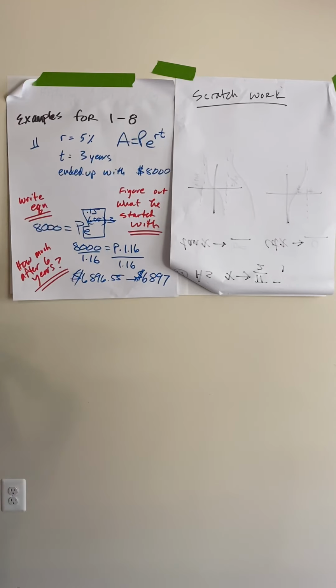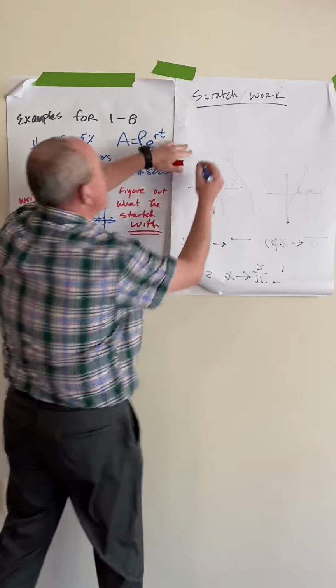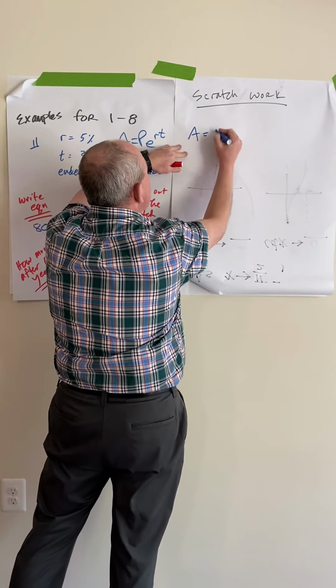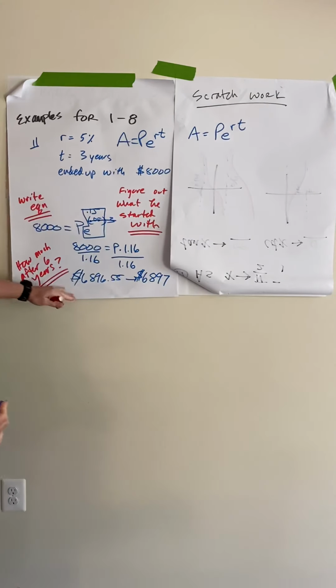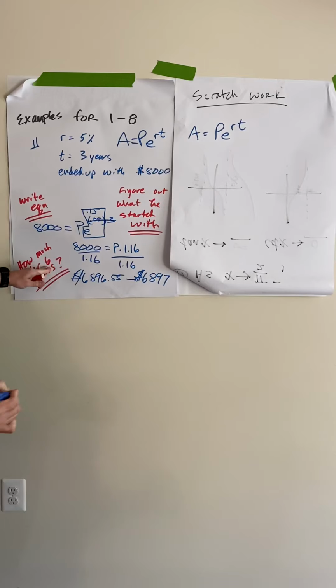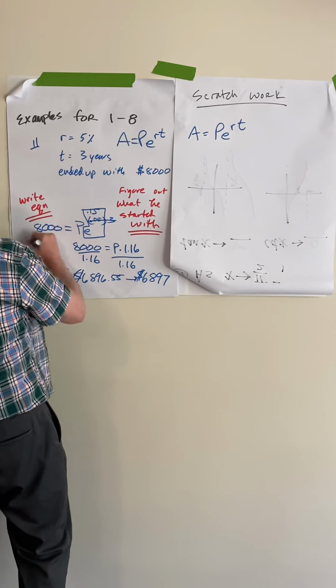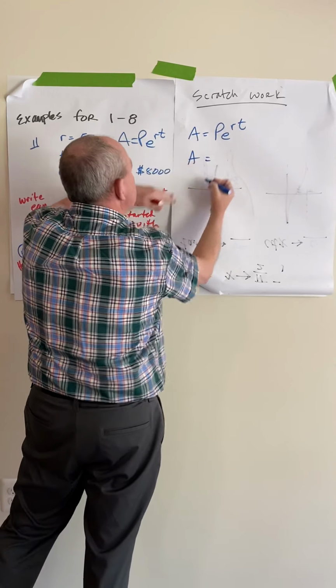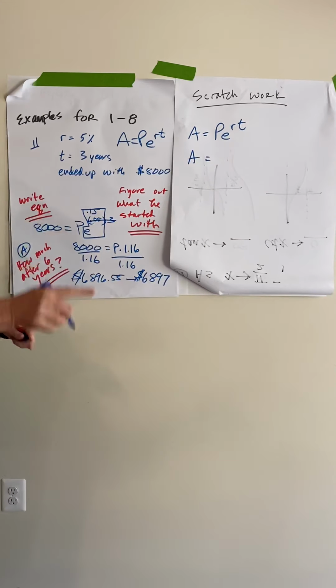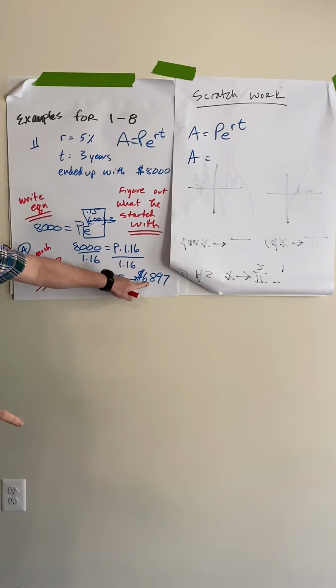Well, I'm going to go back to my original equation, which is A equals Pe to the rt. So how much after 6 years? That would be A. That's the unknown. So when we say A, I don't know what that is. But now I know the principal. I know what it started with. We had to figure that out. We started with